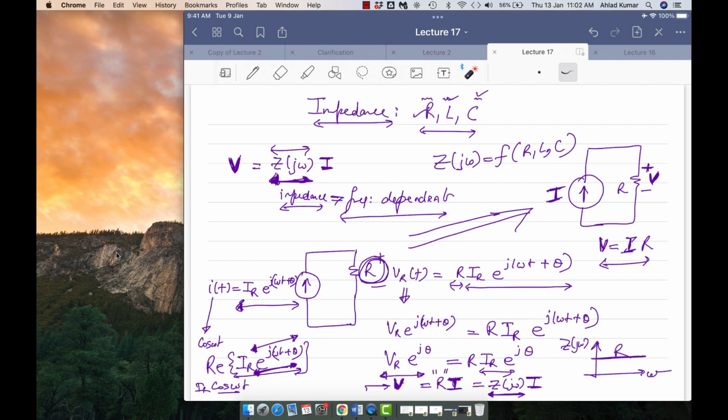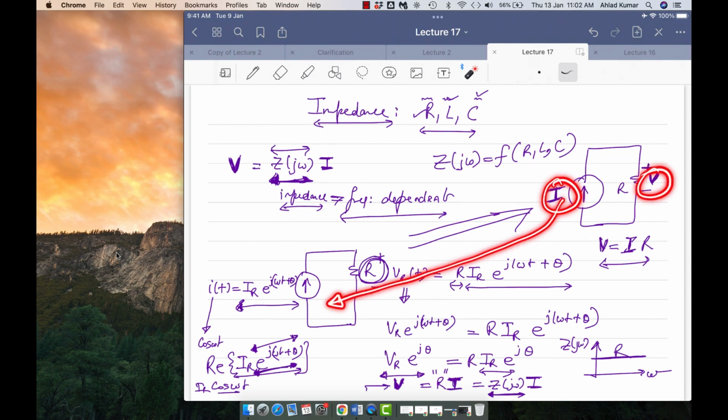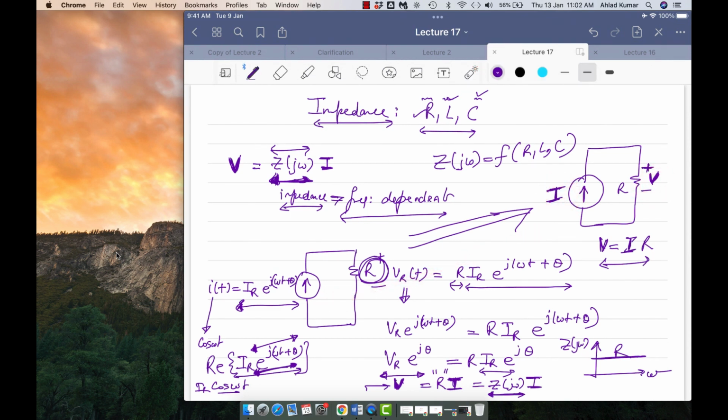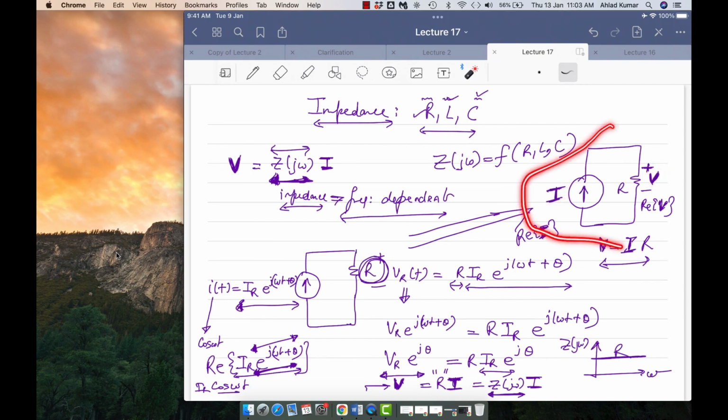But the only difference is that now you will represent these equivalent circuits in the phasor format, where you have I and V, and then you will calculate these values. And if you want to go from I and V back to this circuit, how will you do that? You will do that by taking the real part of this bold I, and the real part of this bold V. Once you take the real parts of all these individual components, then you go back to the time domain. But if you keep this capital I, capital V as such, then you are actually working in the phasor representation of this circuit. Okay?